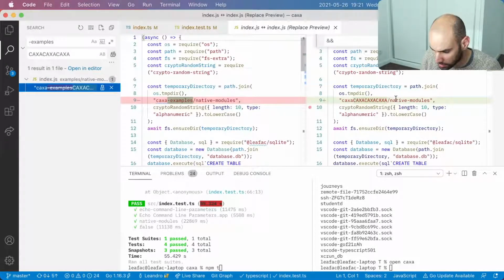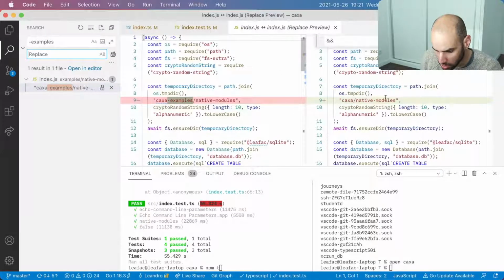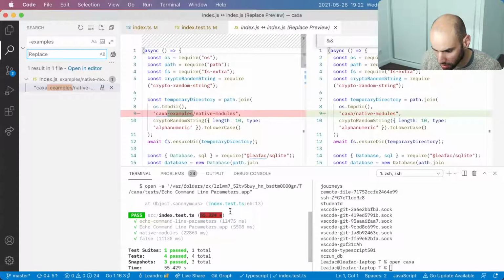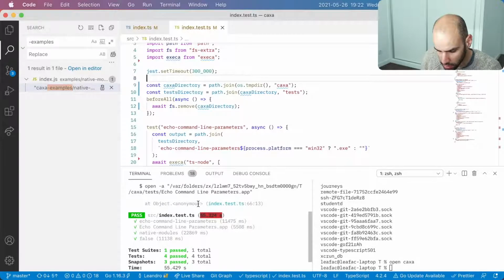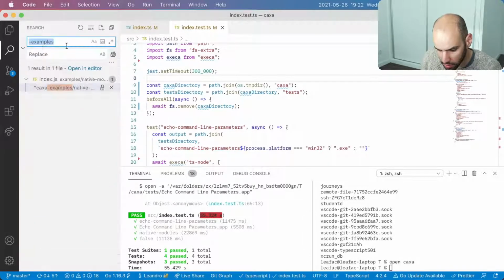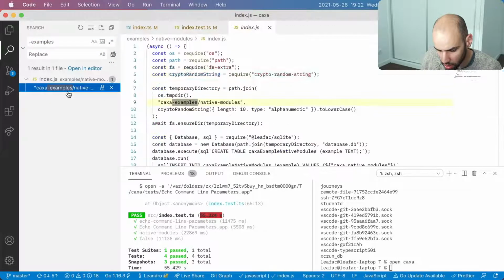in the index.js. Okay, but that's outdated. I can remove the whole lib directory, in fact, and do this search. Oh, okay.